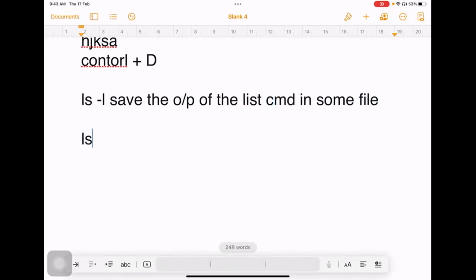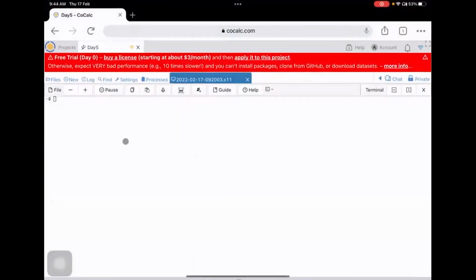You use ls -l, and after that you redirect this to some file. I'll use lstday5.txt. So instead of showing the output on the terminal screen, you will get the output in a file. When I use this ls -l option,